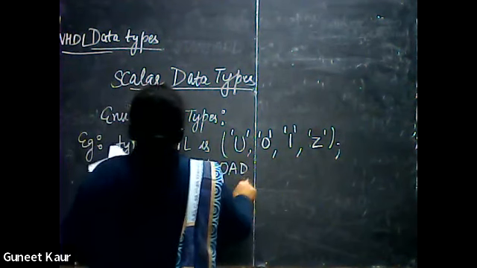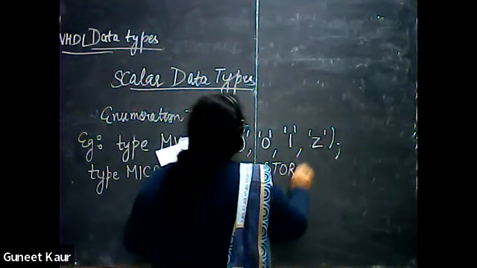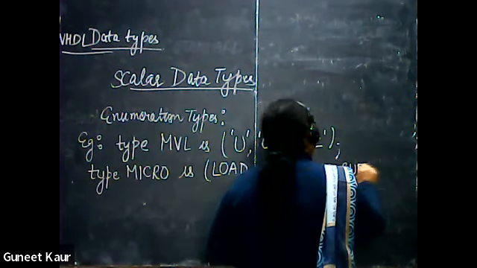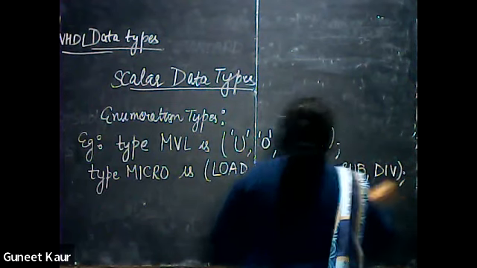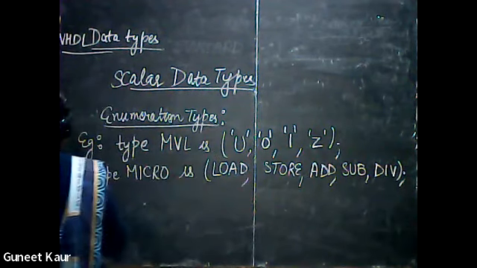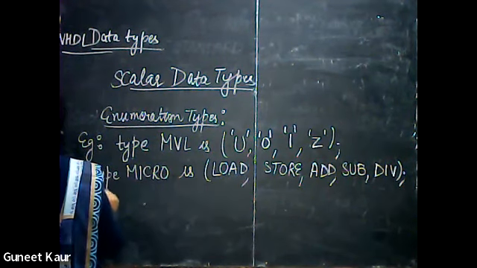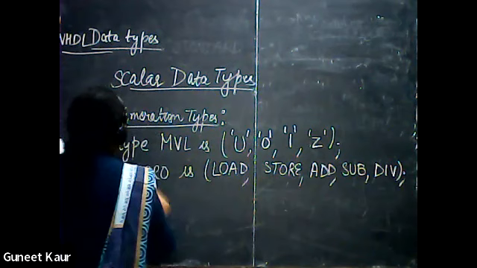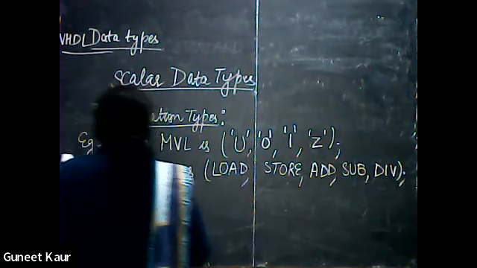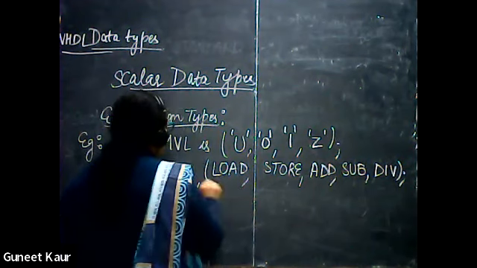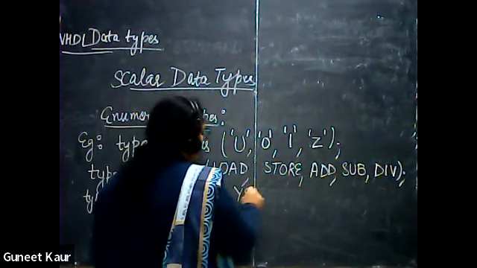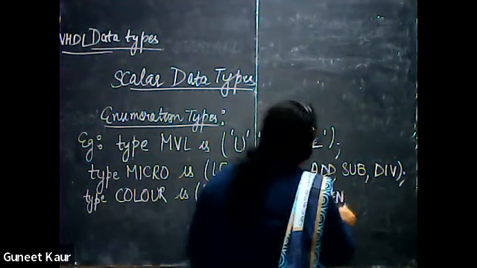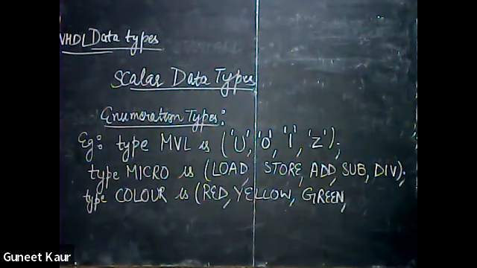Now the third enumeration data type example is type color is (red, yellow, green, orange);